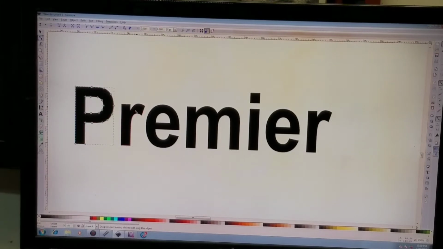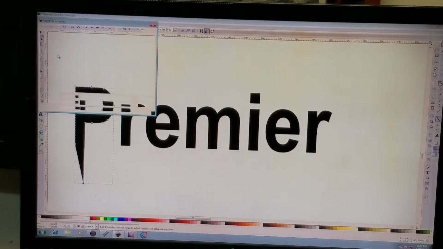Now you'll see each letter is broken up. Now you can edit your letters if you'd like. This is not required, but it may be cool if you want to do something cool. After you've done that, you're going to go to File, Save As